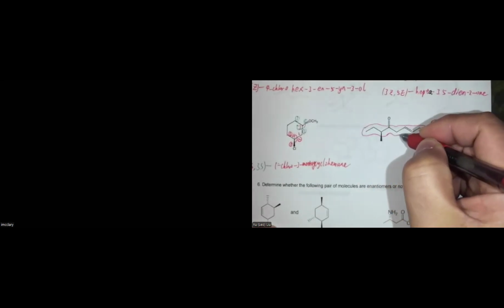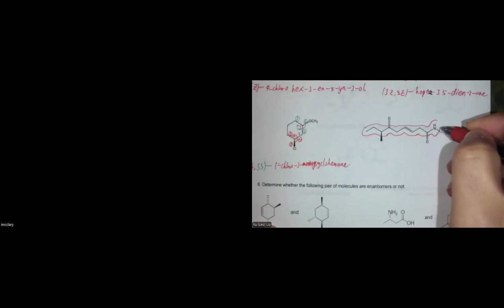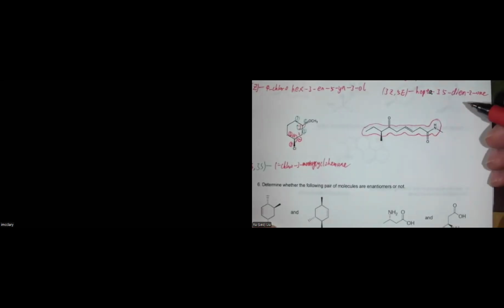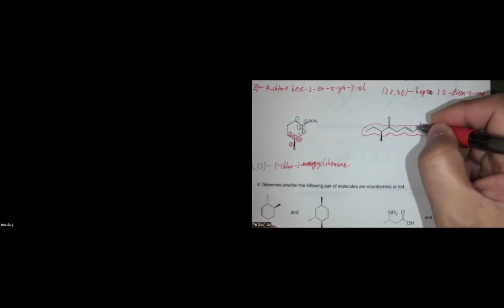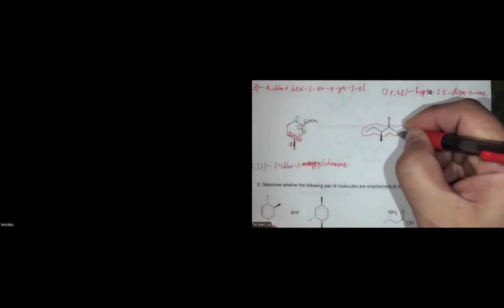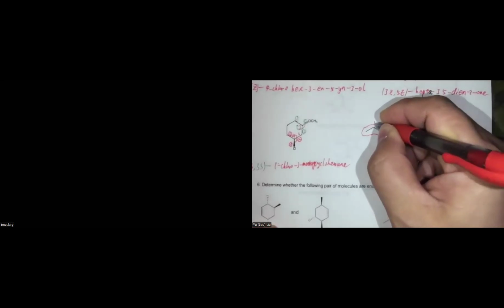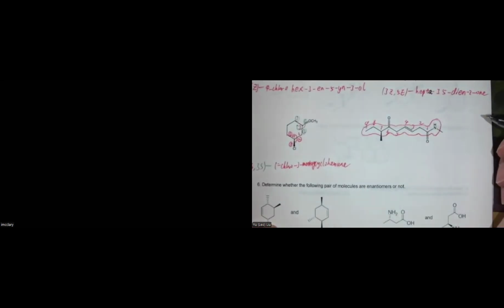So we gave the amide name first. Amide is a terminal functional group, so we can start with this carbon, the carbonyl carbon. 1, 2, 3, 4, 5, 6, 7, 8, 9. Nine carbons, so that should be called non-